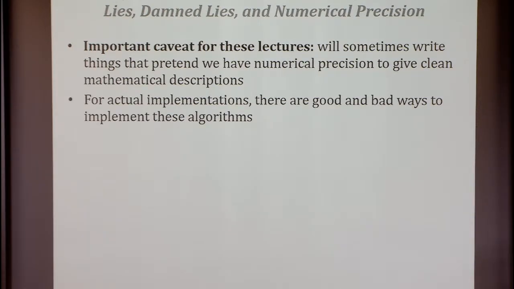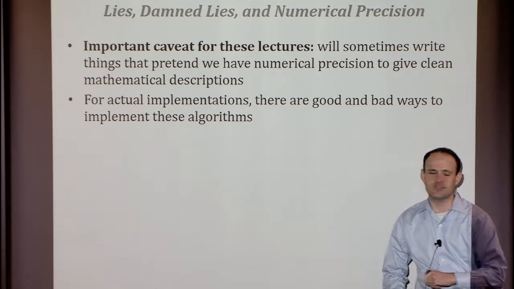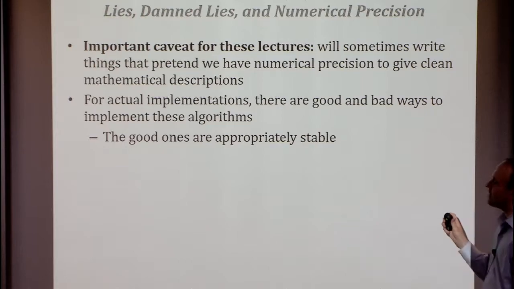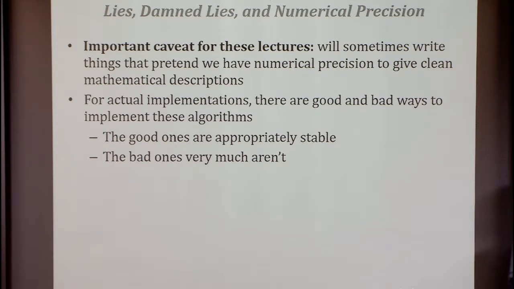And I should say that for each of the things I talk about, especially the Chebyshev method, which we'll see today, which involves polynomials, there's a right way and a wrong way to implement it. If you blindly apply the polynomials I'm writing down, it's very much the wrong way. You can write things that are mathematically equivalent, in the sense that with infinite precision you'd be computing exactly the same things, but organizing the computation in a way that doesn't horribly blow up your stability. It turns out that the good ones are quite stable, and the bad ones are not. I'm going to largely brush that under the rug, just for clarity.